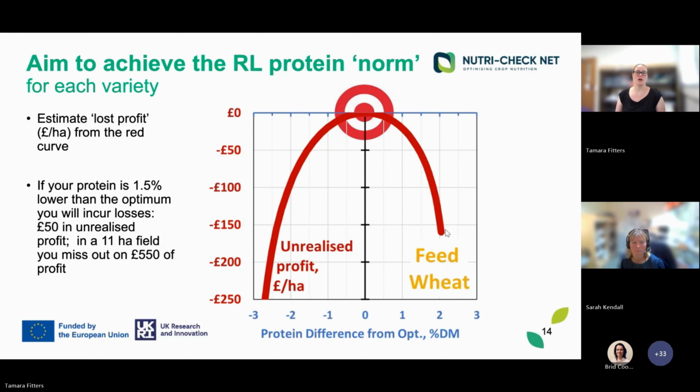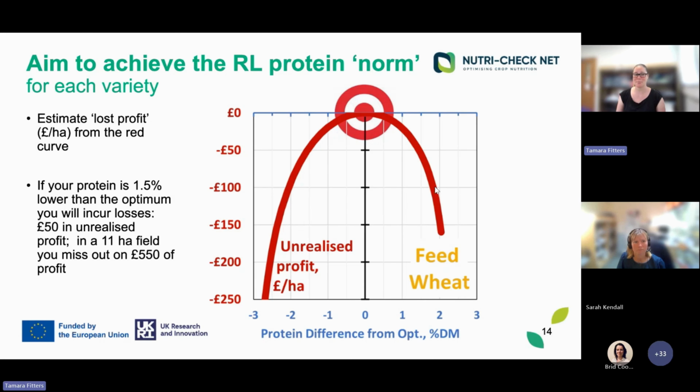And if you have a higher protein content, you have economic losses, which are shown on this side. So as you can see, a drop of 1% might not have a massive economic impact, say £25 a hectare, but as soon as you drop 2% in your protein below the economic optimum, that causes £100 a hectare loss. So it adds up quite rapidly. So getting your nutrition right is really important to make sure we don't end up here. And we don't want to end up here either, because we don't want to over-fertilize, because it's just a waste